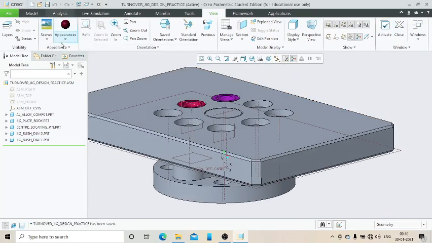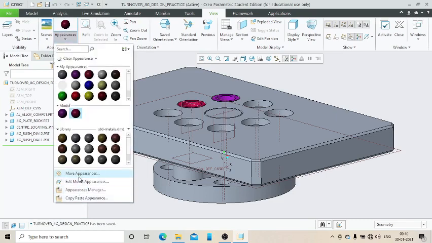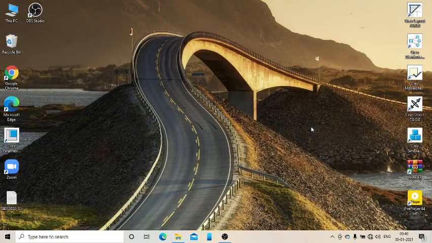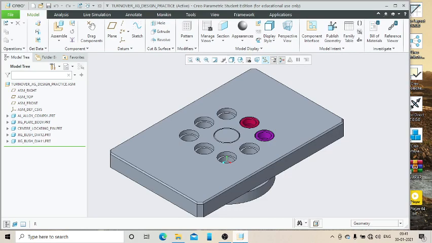Save, once again save, appearance, more appearances in this. So that file